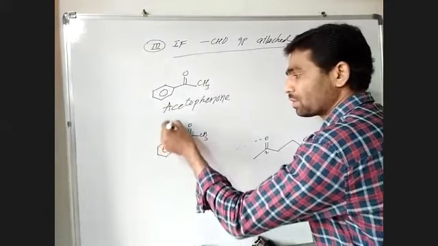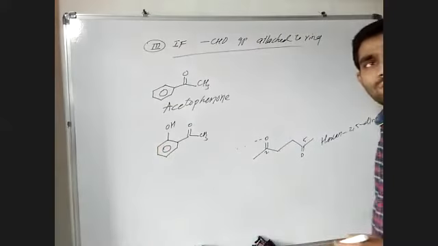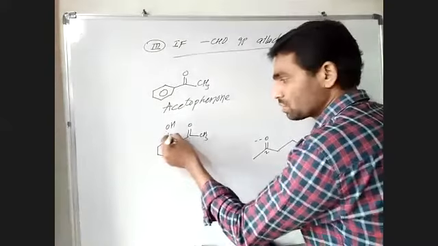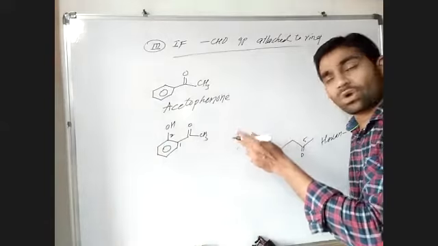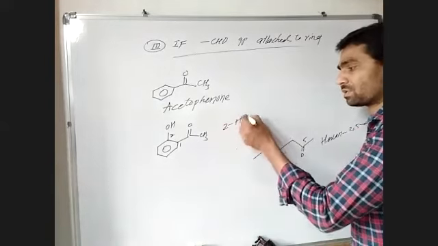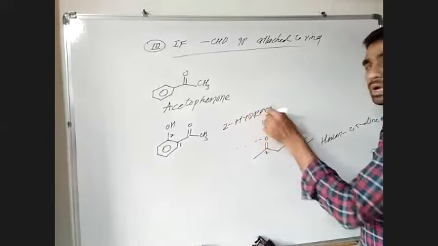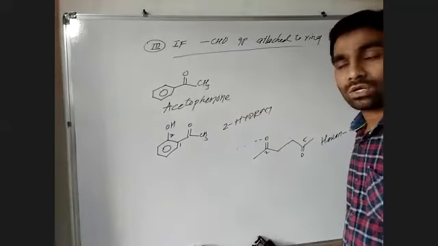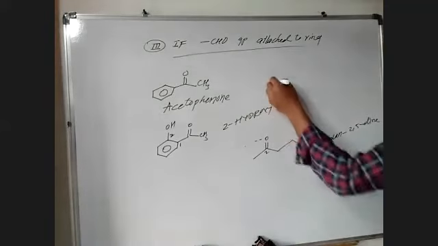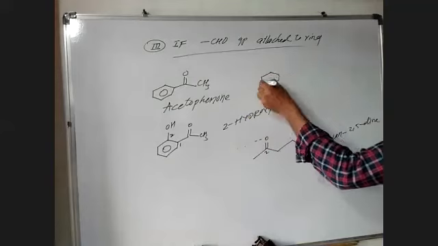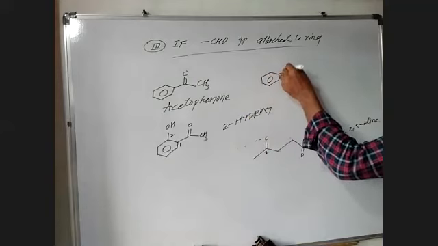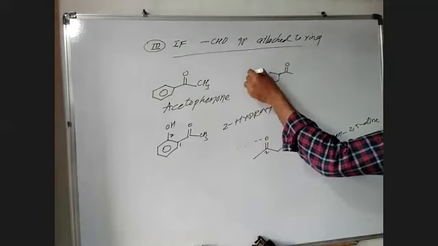Suppose I am writing here OH. So numbering will be this, 1, 2 hydroxyacetophenone. This will be 2-hydroxyacetophenone. So there are a variety of examples. Now see this one. So this is